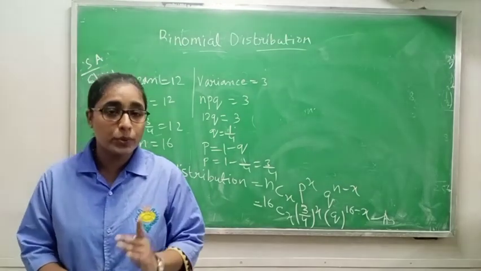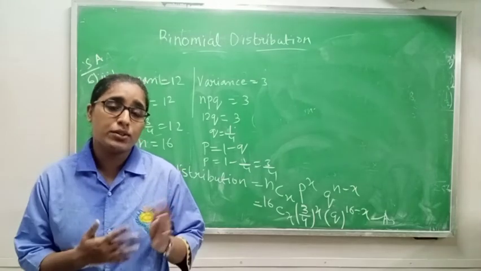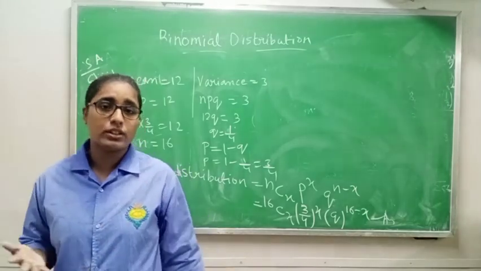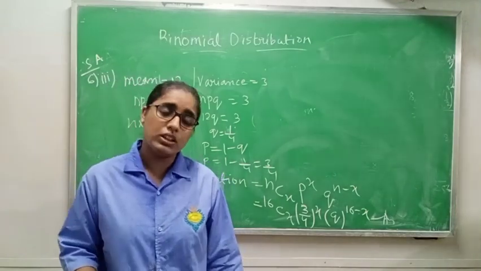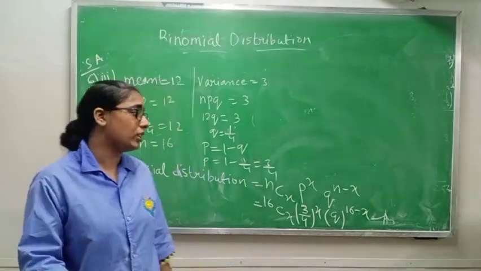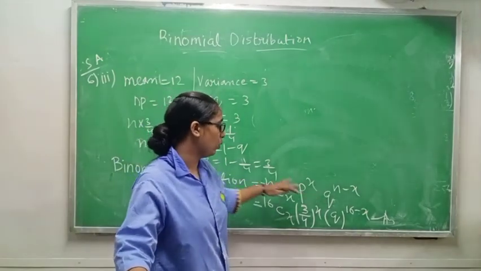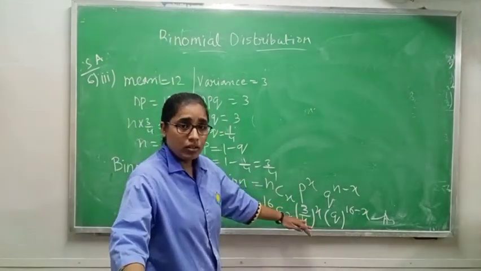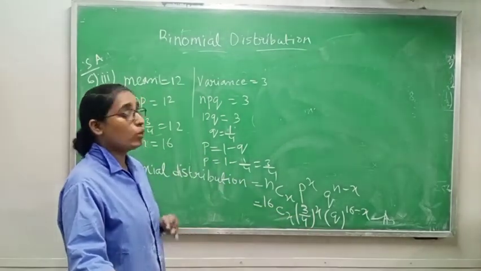You have to write it in terms of the formula, but you have to know the n value, p value and q value. The x value you don't know, because the x value changes according to the question. Sometimes it is 2, sometimes it is 3. You have done the last 3 or 4 questions already and seen that the x value changes in each and every question. For a binomial distribution, first you find n, then p and then q, then you put them in the formula nCx p to the power x, q to the power n minus x.